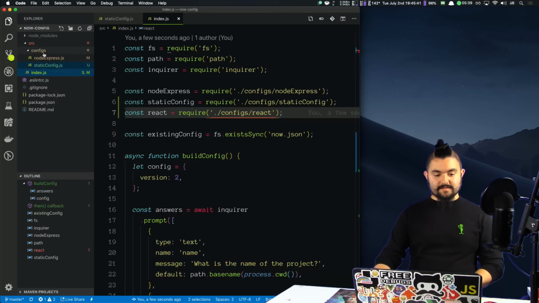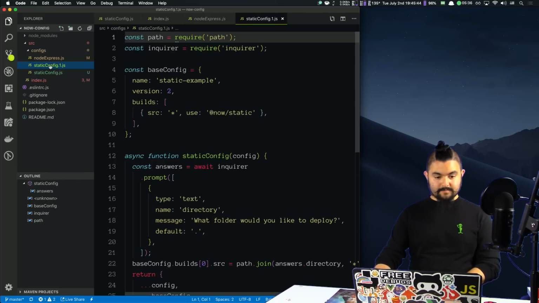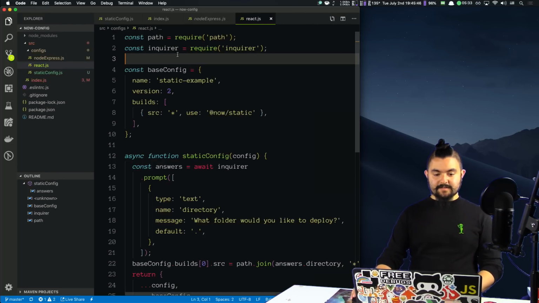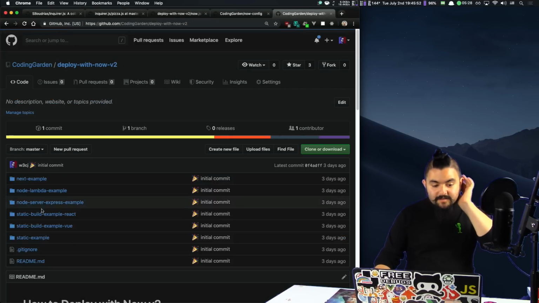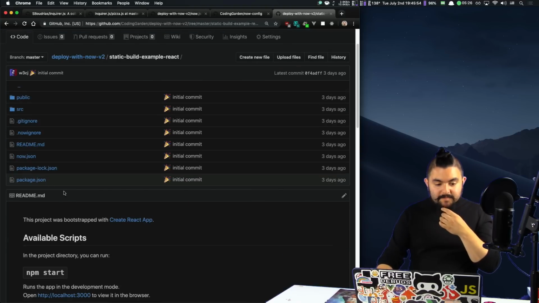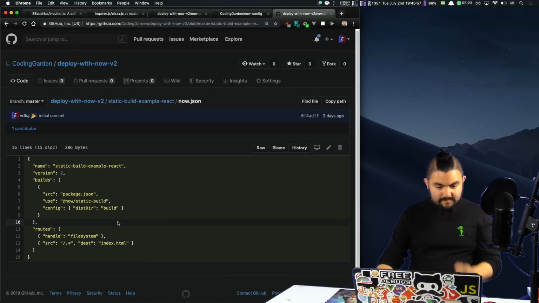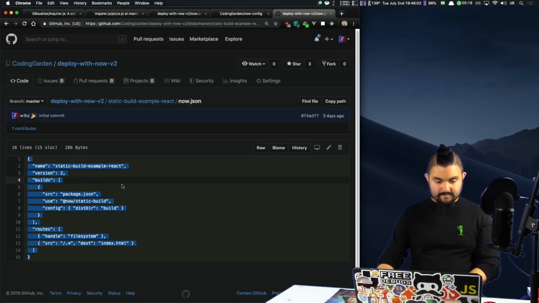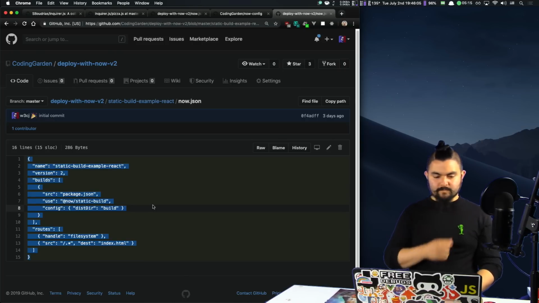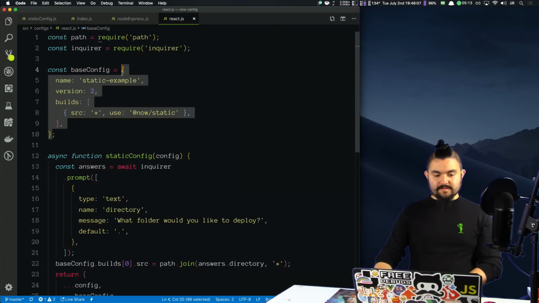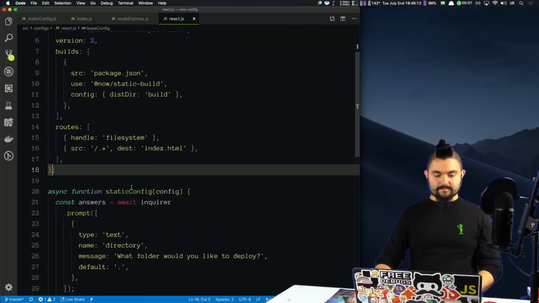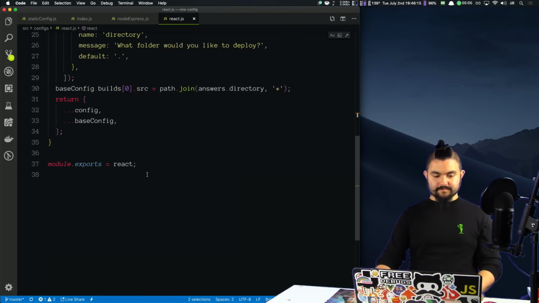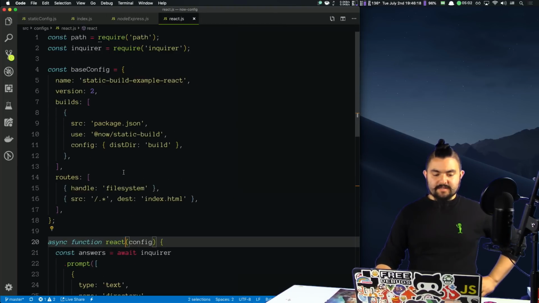Just gonna copy this, rename it to React, and then we'll go and grab our base config here. And this is our base config. Let's fix it. Rename this function. And actually,